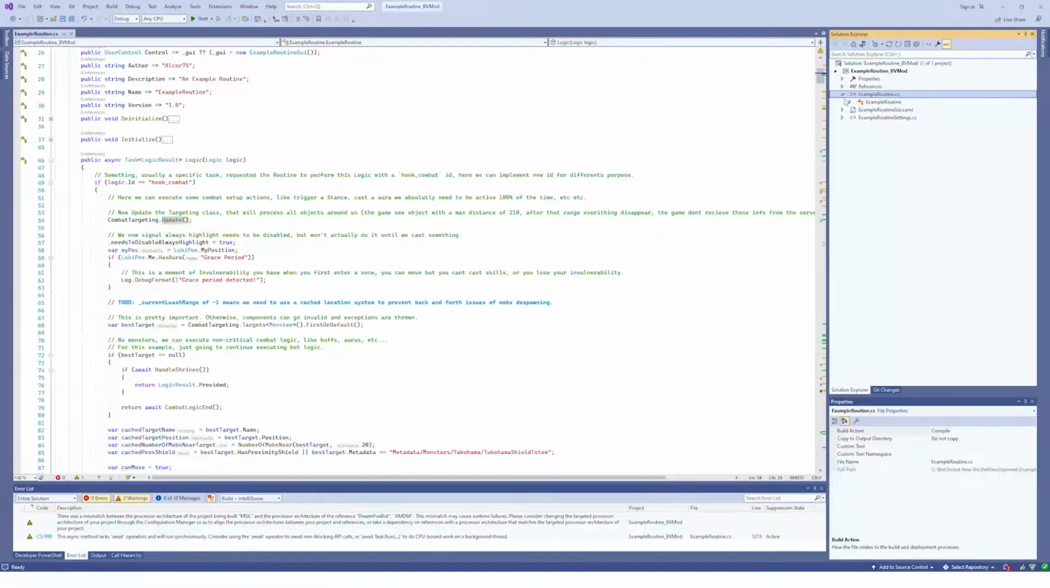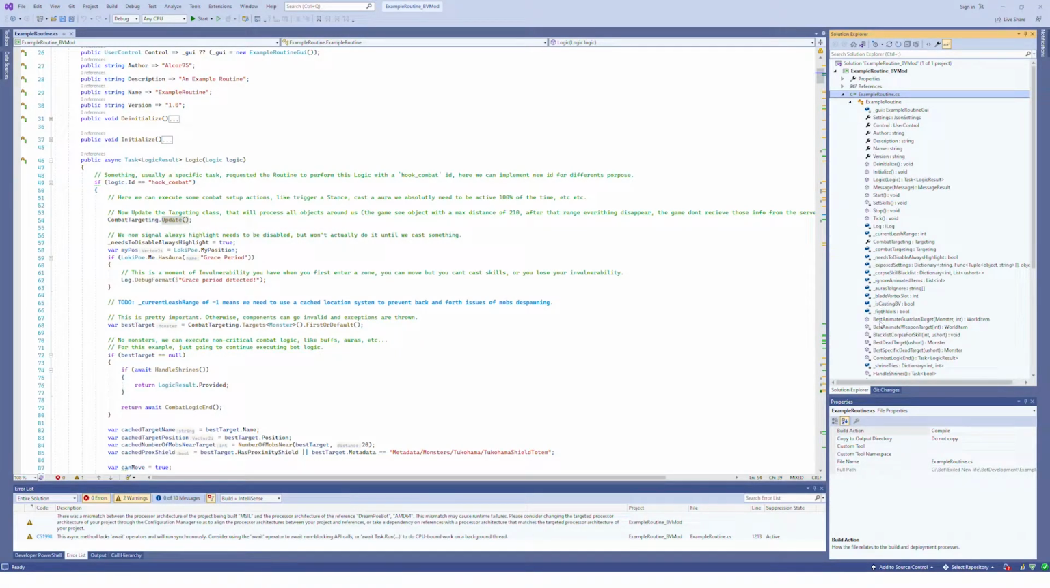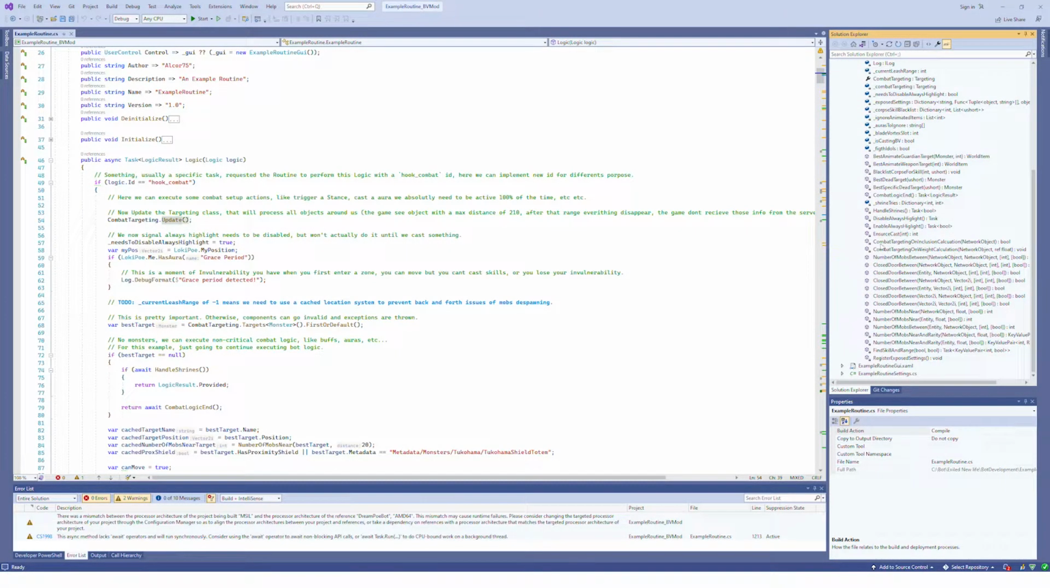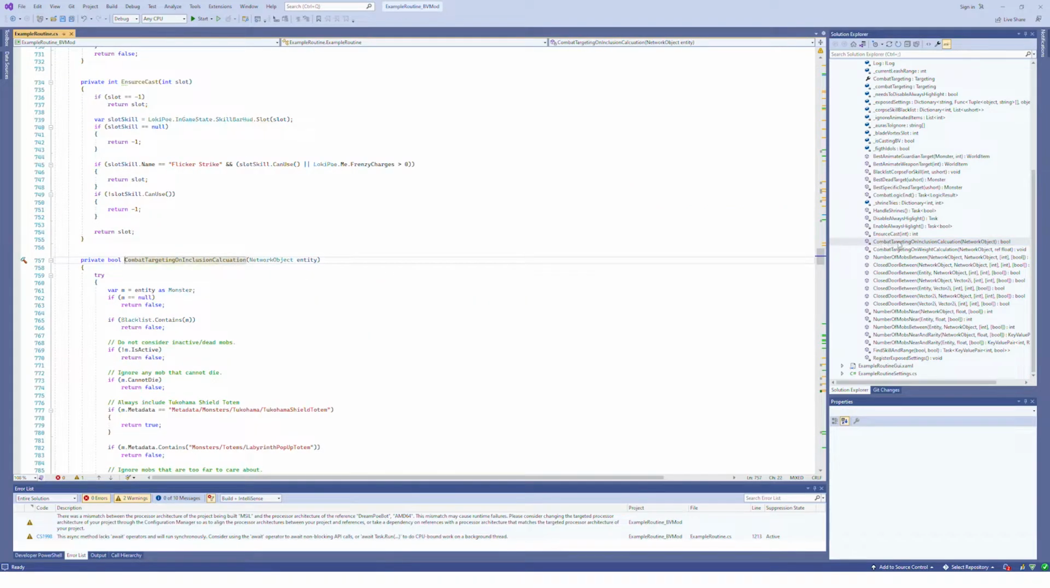Let's take a look at how it looks, because you have full control over the inclusion calculation. And it's this function, combat targeting on-inclusion calculation. Basically, the list received by the combat targeting is passed, filtered through this function. Every single entity on the list will be passed to this function. What this function does is